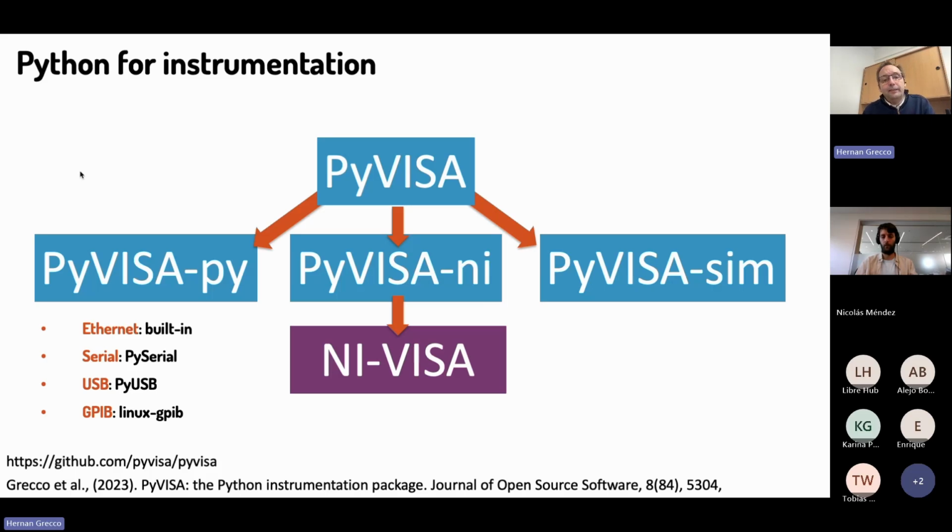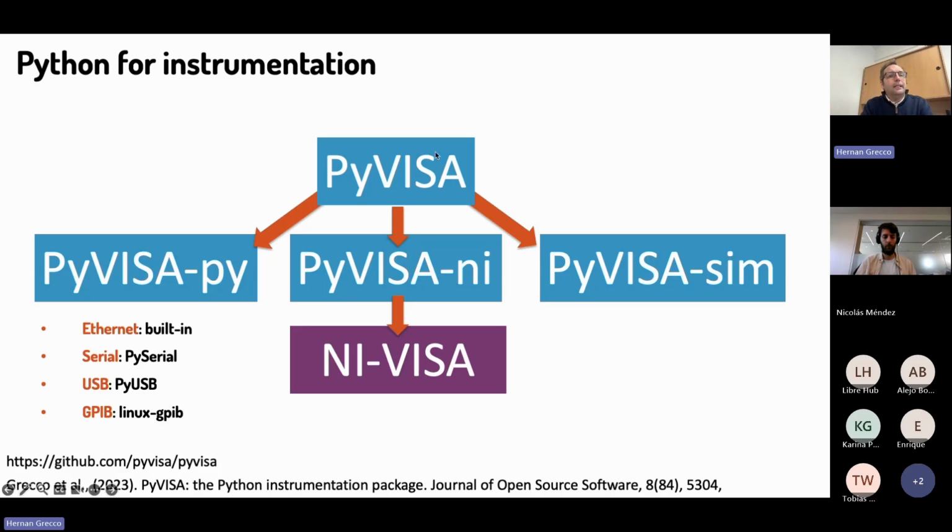PyVisa, as I mentioned before, is the default software to control instruments from Python. And the way it worked is that you already have a few libraries which are called Visa libraries from different vendors like National Instruments, Agilent, Keysight, and many more, right? And PyVisa is providing a front end to those vendors.